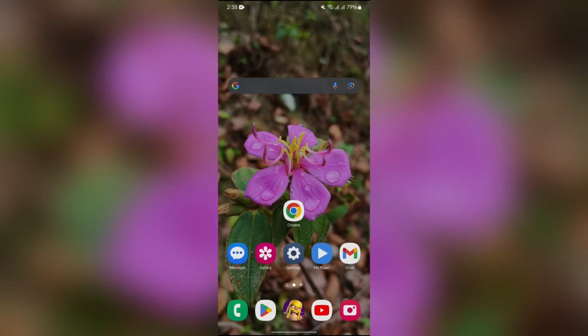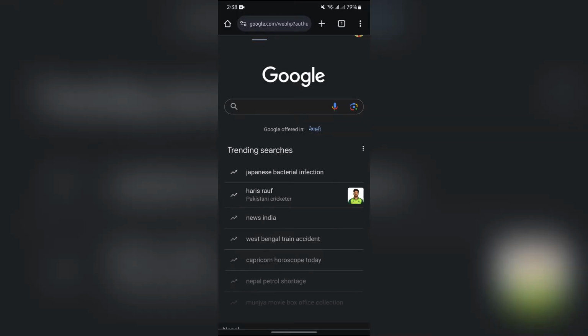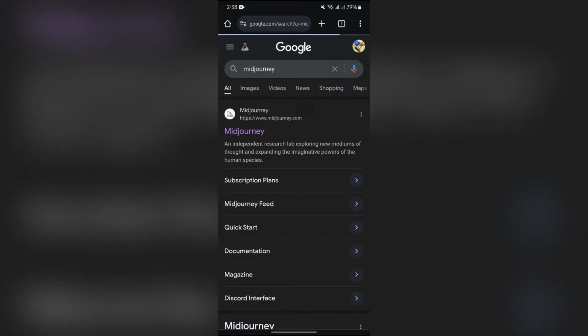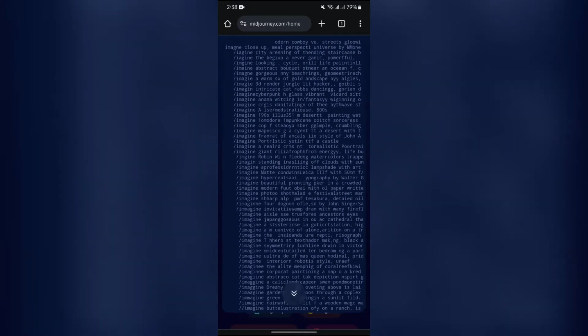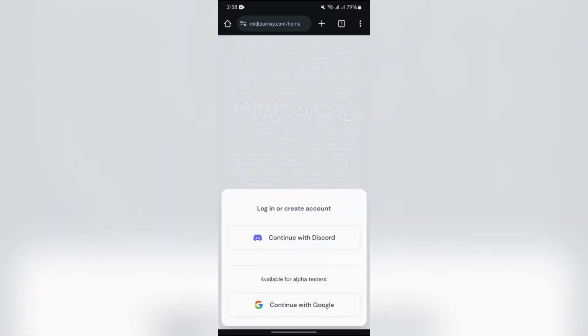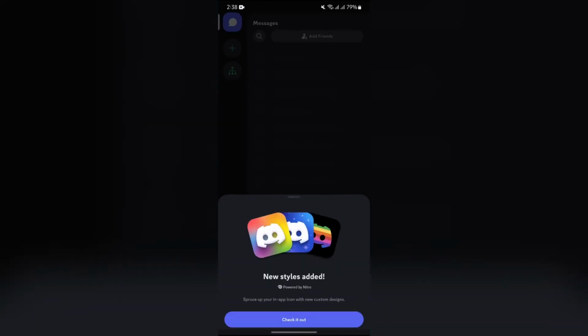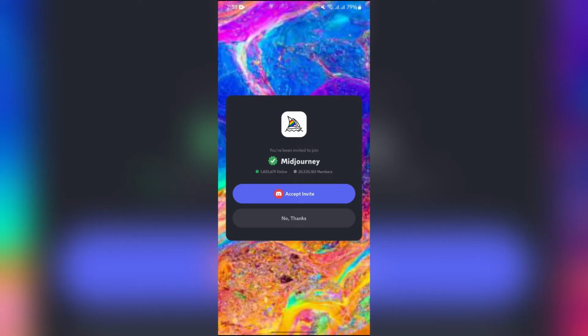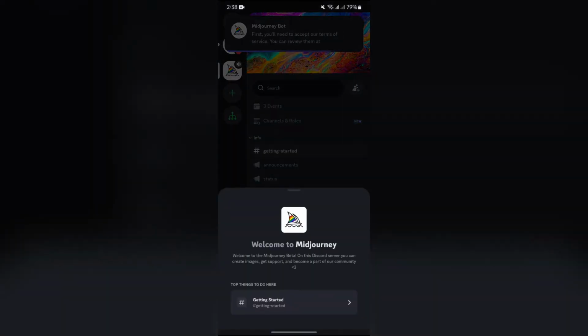In order to do that, just simply open any of the browsers that you use and then search for Midjourney. After searching Midjourney, this first option will appear. Just simply tap into that, and after opening this site, you just simply have to choose this sign up button and then click to continue with Discord. Then after that, this page will appear in your Discord. You just simply have to tap into the accept invite button, and now this option will appear directly in your Midjourney